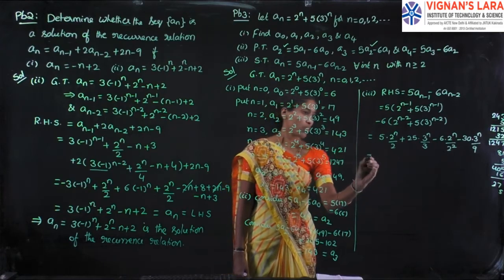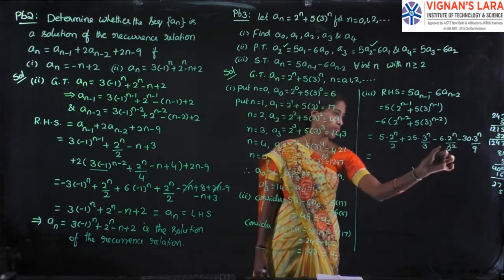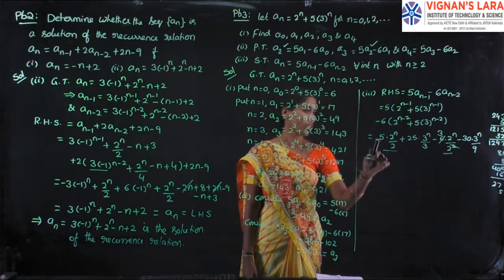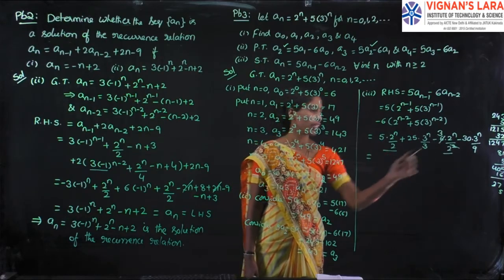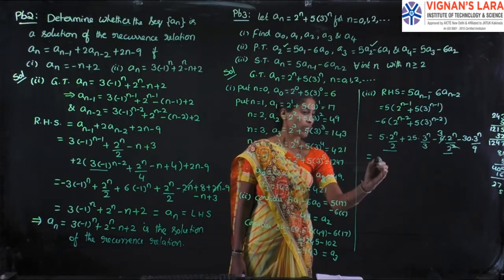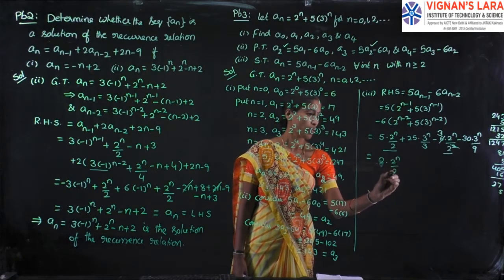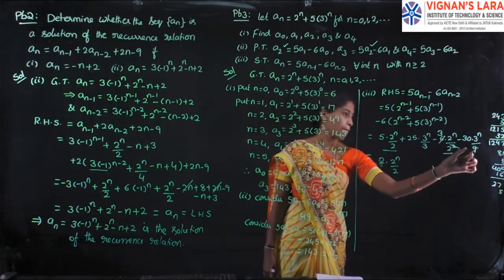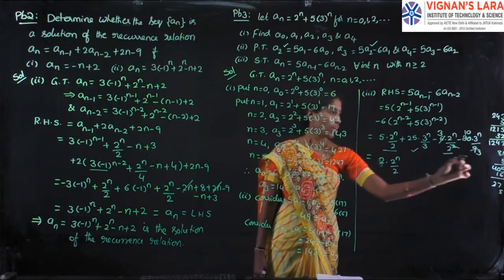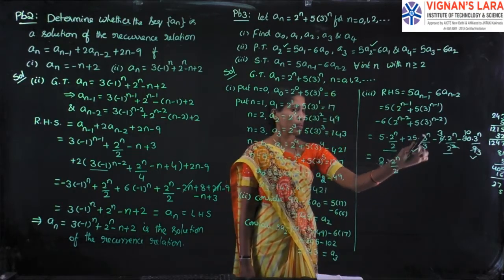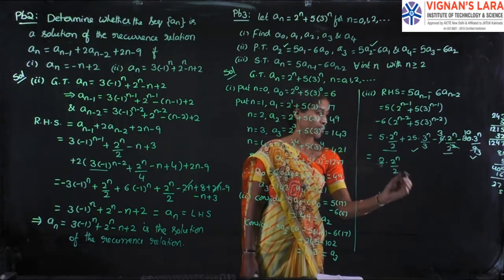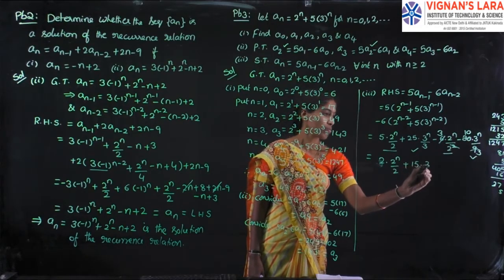Right? So which is equal to, this square cancels with this one. Now you see these two terms, observe this one. 5 times 2 power n by 2 minus 3 times 2 power n by 2, which is 5 minus 3. What is the value? 2 into 2 power n by 2. Now observe this value. 25 times 3 power n by 3 minus 10 times 3 power n by 3. So what is the value? 15 times 3 power n by 3.